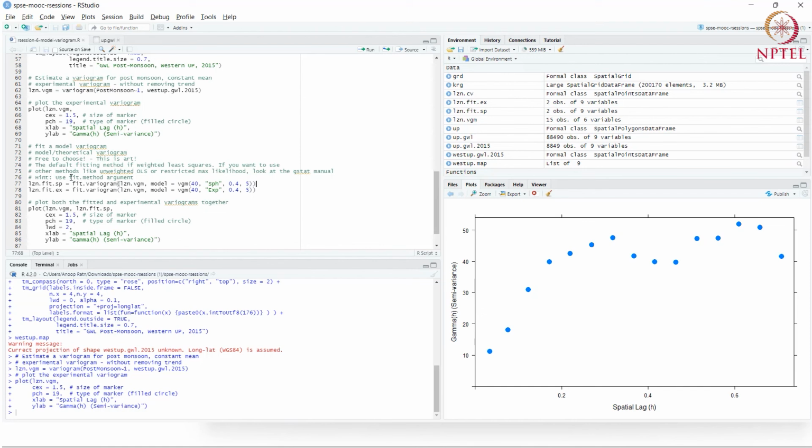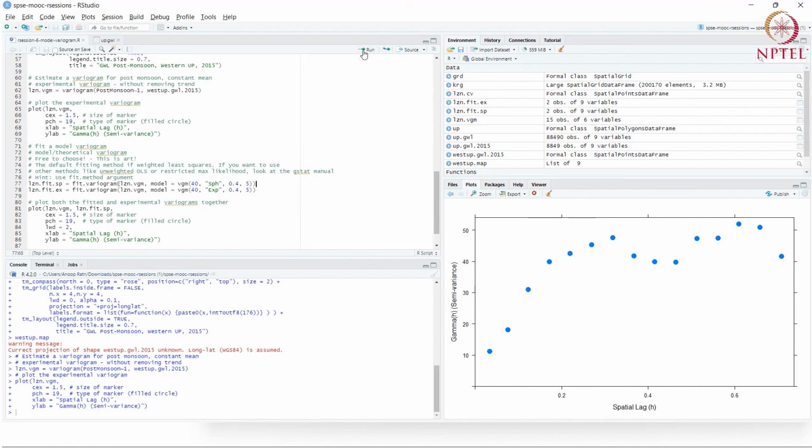If you want to explore different methods, I encourage you to read the manual. The way to do it is using a parameter called fit.method, in which you can provide which method you want it to use when fitting the function. By default, it uses weighted least squares, WLS. So I'm just going to leave it at that.